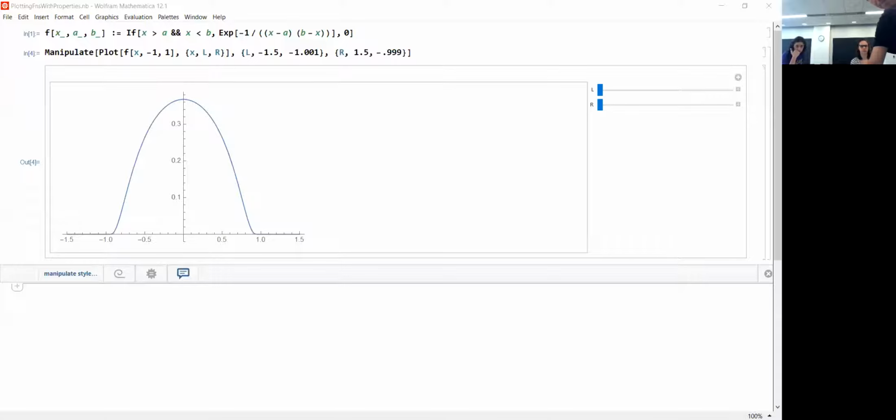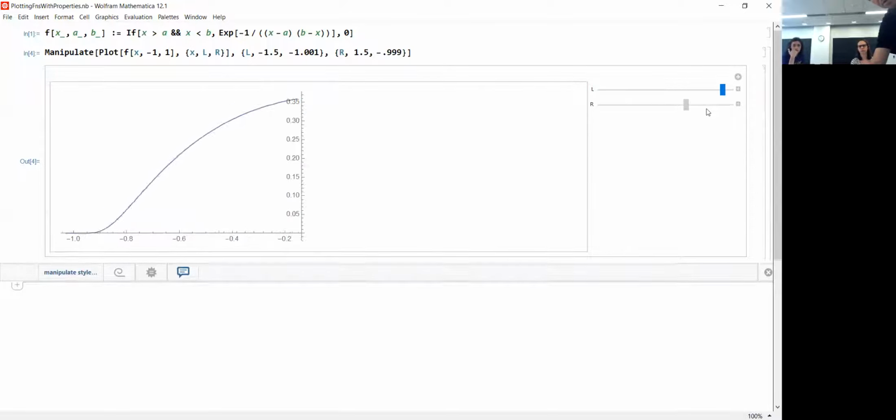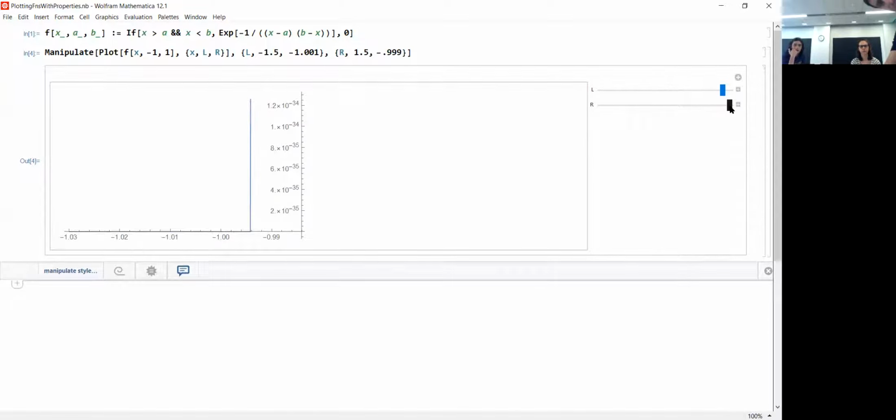What I want to be doing is I want to share the screen. Okay. And so, I can move the left endpoint, I can move the right endpoint, and as I move these very close to each other, you can see over here it's moving, but still decent size. Now let's move the right endpoint. It's much, much closer. And you can just see that, for all practical purposes, Mathematica is saying, I refuse to draw this. It's just so sharp as you get near a or b.